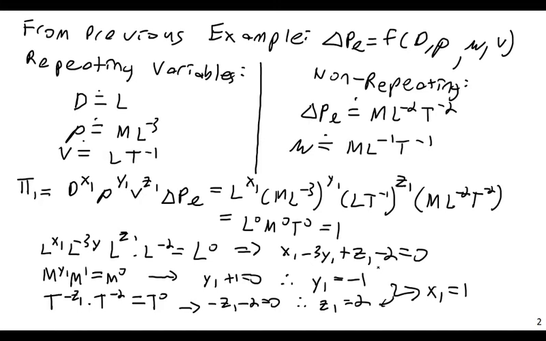Z1 should be negative 2. Oh yes, thank you. So that would be positive 3 minus 4, so minus 1, bring it over here. Yes, x1 equals 1. And so if x1 equals 1, y1 equals negative 1, and z1 equals negative 2,